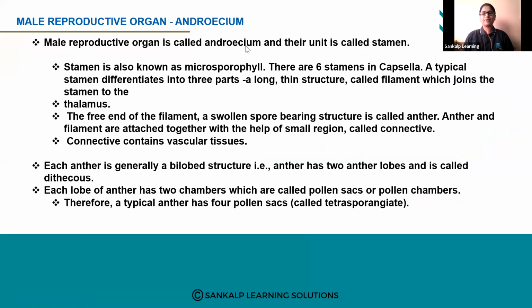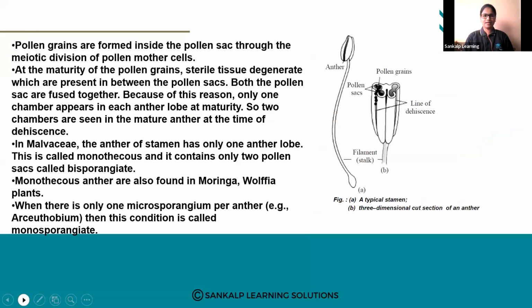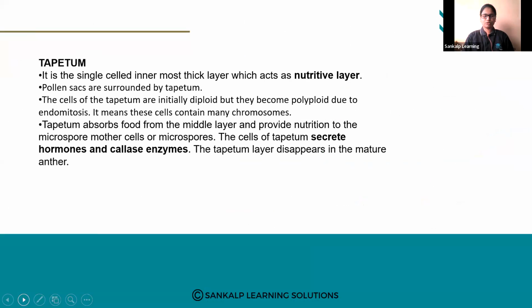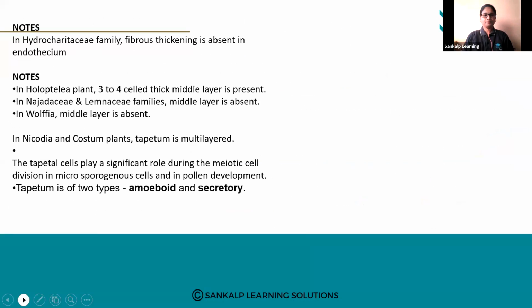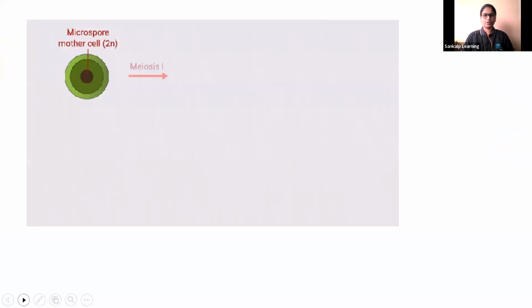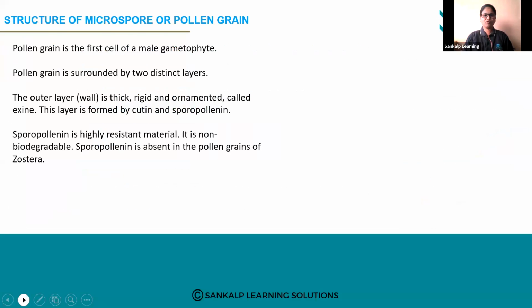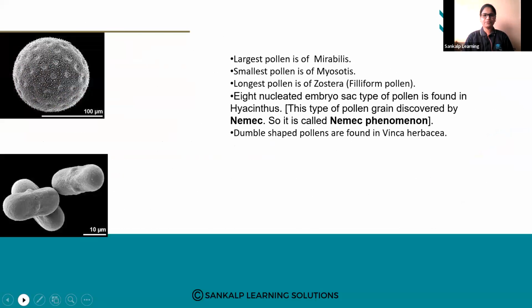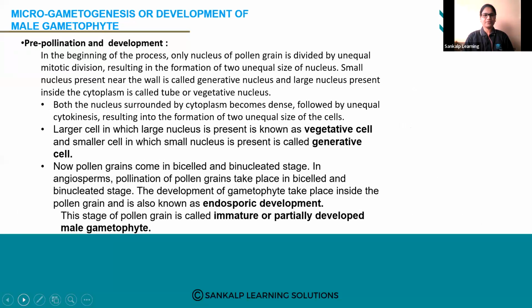We learned regarding the male reproductive part, as well as how the microspores or pollen grains are formed, that is by microsporogenesis, right? Then we learned the structure of anther, microsporogenesis, tetrad, structure of microspore. Then we learned regarding the function of pollen kit. Today we are going to learn